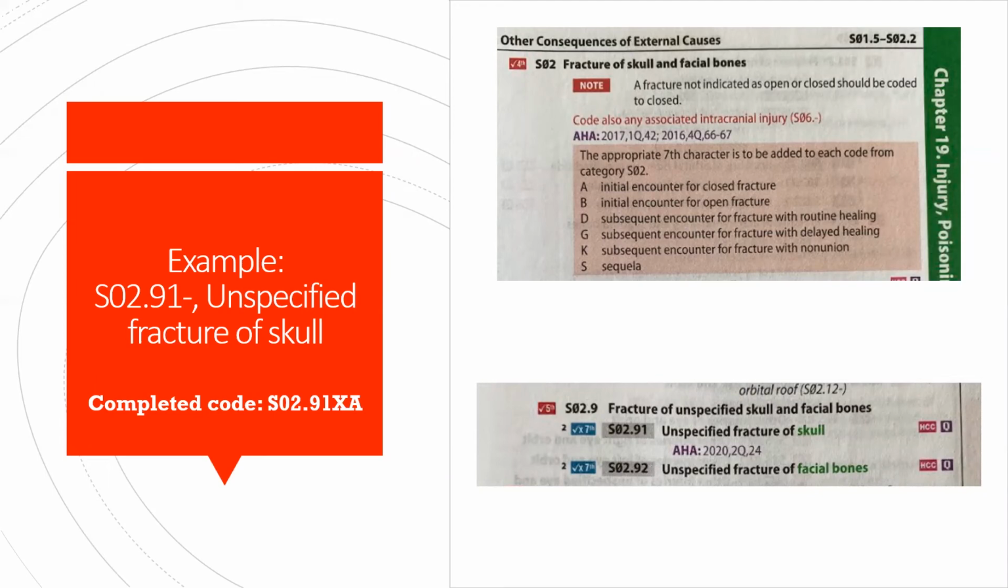I would go ahead and search through the tabular until I found S02.9, and then I would indent below that and find the S02.91, which is unspecified fracture of skull. And because it has to have a 7th character, I would then place an X for a placeholder since there's not a number available to fill that 6th spot. So I would put an X and then I would assign the appropriate 7th character from the box located under